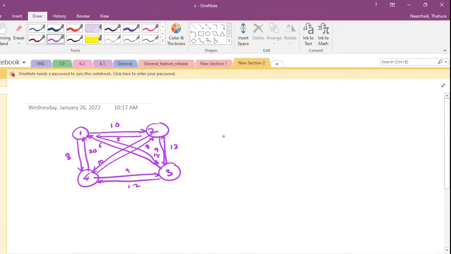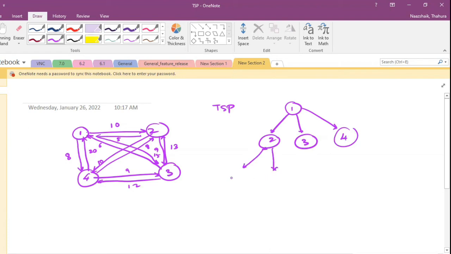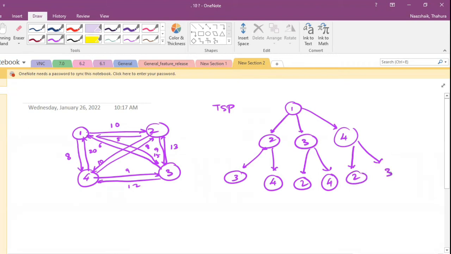You have 50, okay? You can put an adjacency matrix with that, but just to tell you the problem, say you start with 1 in a traveling salesman problem. From 1, you have 3 choices, right? You can go to 2, you can go to 3 or 4. But if you choose 2, you have only 2 choices because you're not supposed to repeat the vertices, right? So you have a choice of going to 3 or 4. If you choose 3, you have only 2 choices. You can either go to 2 or 4. And if you choose 4, you have only 2 choices. You can go to 2 or 3.